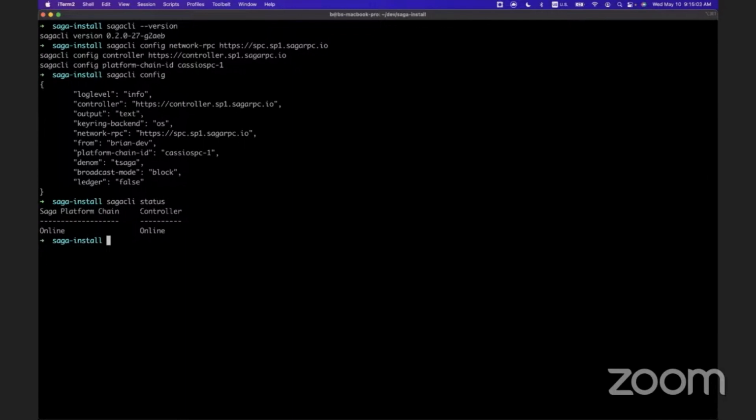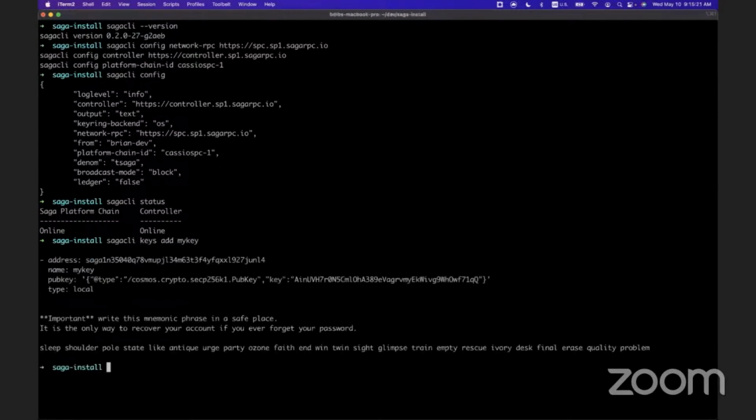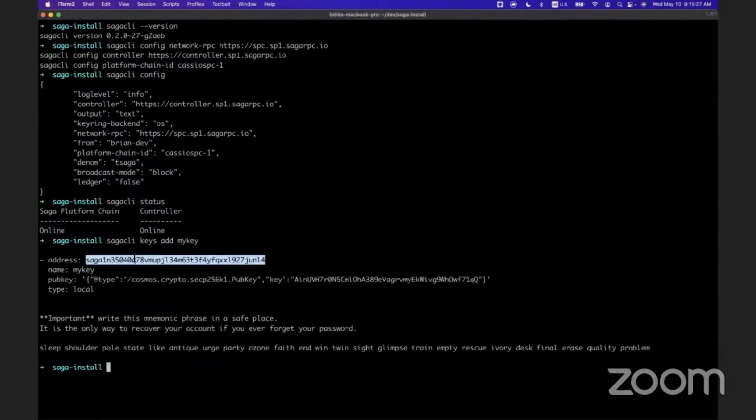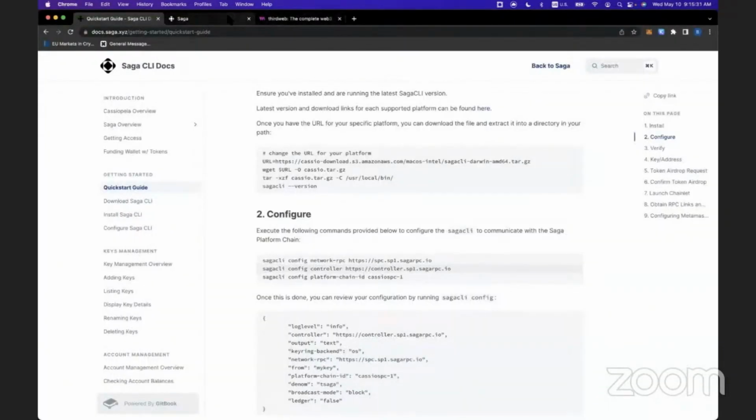Before we can get to launching a chainlet, we'll actually need some funds. And in order for us to get funds, we will need an address. This can be done by generating a new key using this command. So saga CLI keys add, and then you just enter in the name of your key. I'll just call it my key. And of course, this is a phrase that you should probably back up. But once you have this address after adding your key, you can just copy it, and go to the Saga